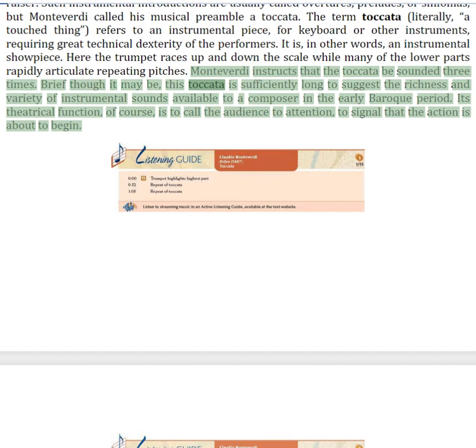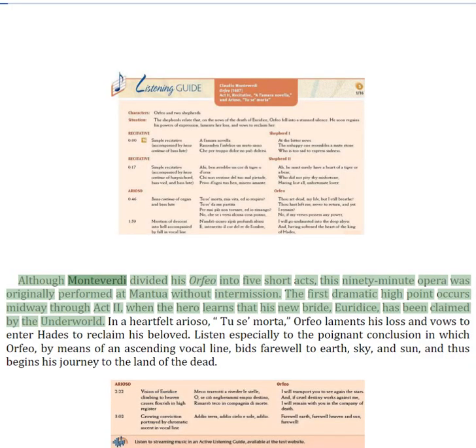Brief though it may be, this toccata is sufficiently long to suggest the richness and variety of instrumental sounds available to a composer in the early Baroque period. Its theatrical function, of course, is to call the audience to attention, to signal that the action is about to begin. Although Monteverdi divided his Orfeo into 5 short acts, this 90-minute opera was originally performed at Mantua without intermission. The first dramatic high point occurs midway through Act